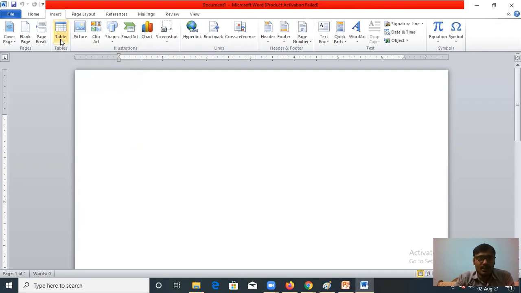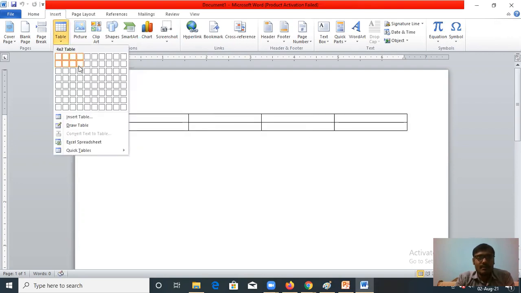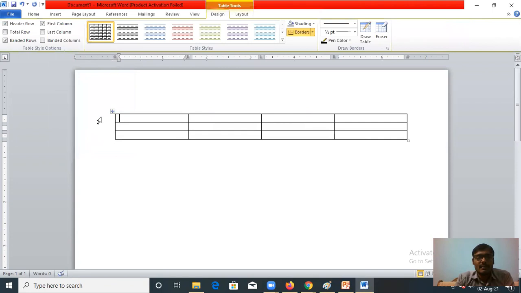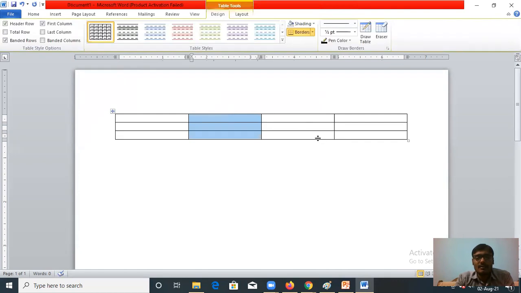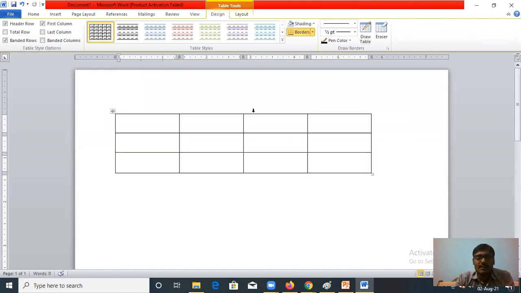So click on insert, click on table and you can draw a table of 3 rows and 4 columns. There are 3 rows, first row, second row and third row. And there are 4 columns, first column, then second column, then third column, then fourth column. Now let me adjust its size so that it will be clear to you. 3 rows and 4 columns.